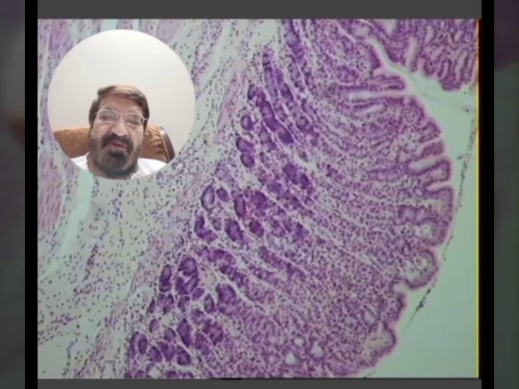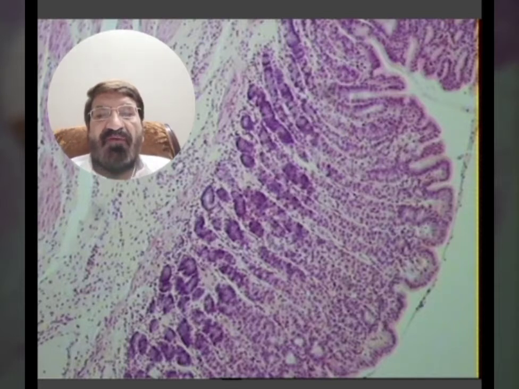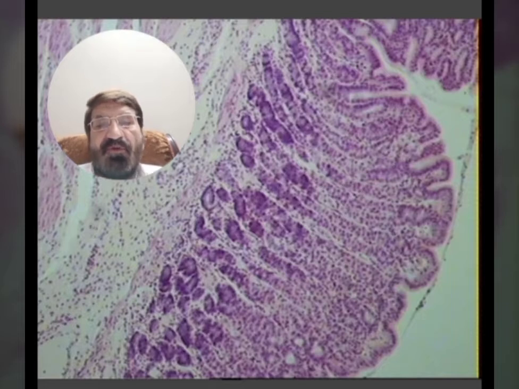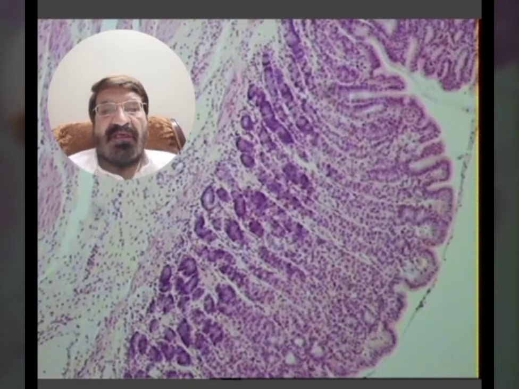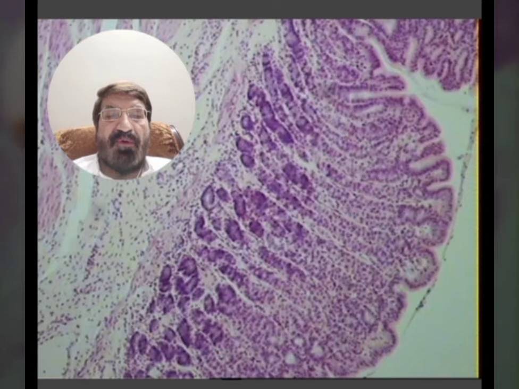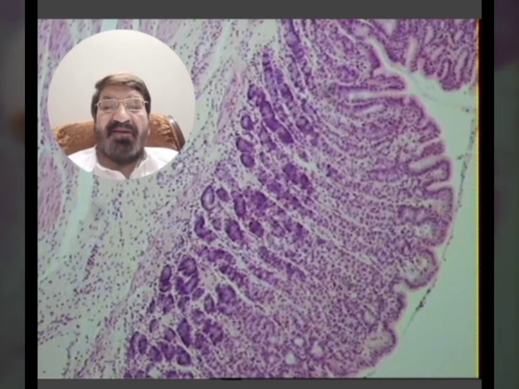You can see in the stomach mucosa, under the microscope, the mammillated areas, the rugae, and then we have the foveoli, the gastric pits. These are the gastric pits in which there are openings of the gastric glands. So the mucosa of the stomach is filled with these gastric glands, which are simple tubular branched glands. This is actually the invagination of the epithelium into the lamina propria. The epithelium is simple columnar, and this epithelium dips down into the lamina propria